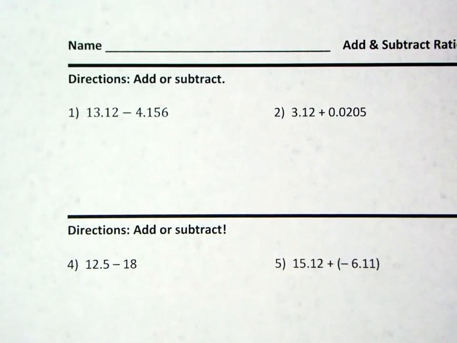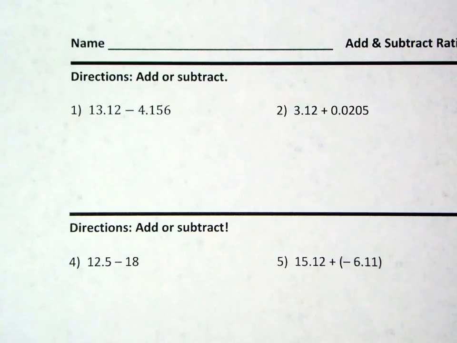Today we are looking at adding and subtracting rational numbers with decimals. We're going to begin by looking at problem number 1. 13.12 minus